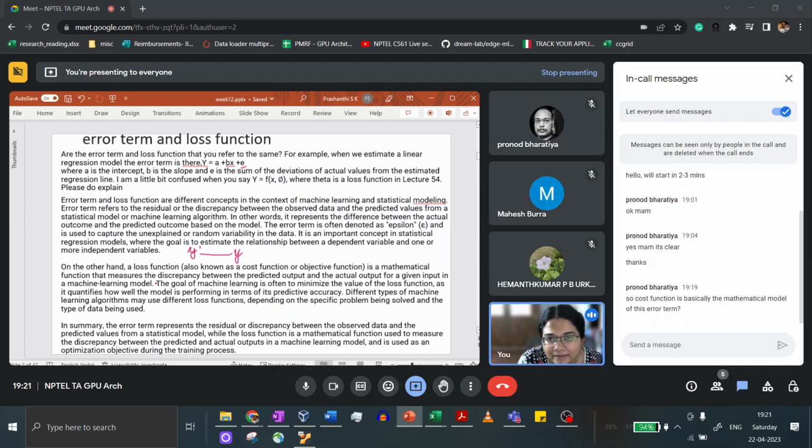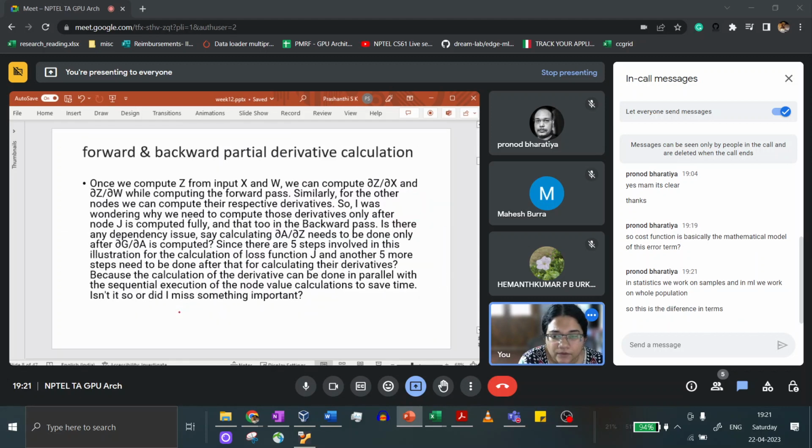One case where mathematically they are the same is when the loss function is equal to the error term. You could have such a thing depending on the algorithm and the data that you're using, but more often than not, it will be a function on top of the error term. So that's how these two are related. Right. So depending on all of these terms, you'll see different cost functions being used. Okay, I think that's all for that question.